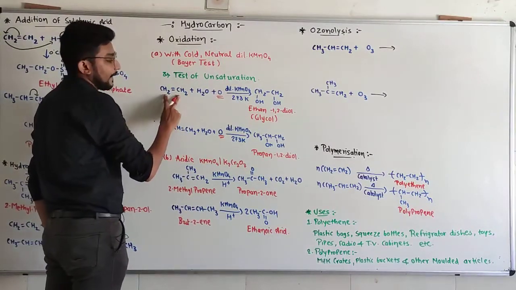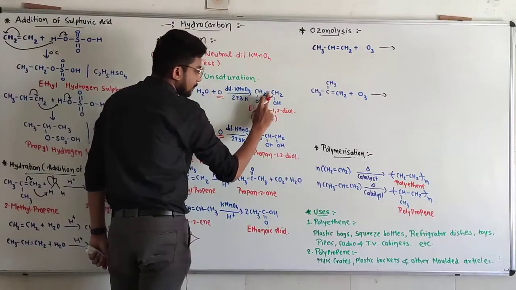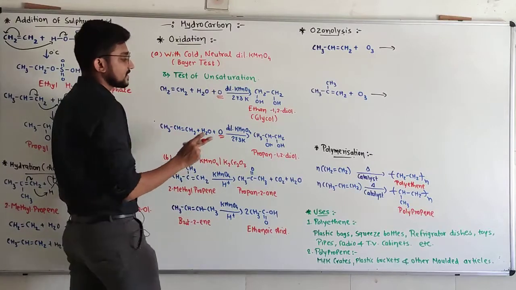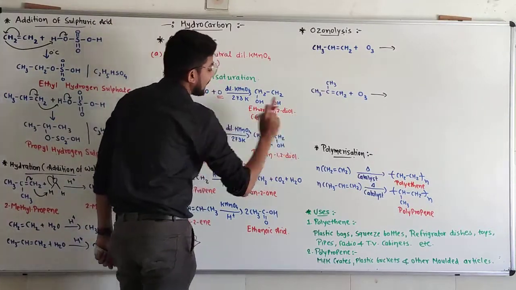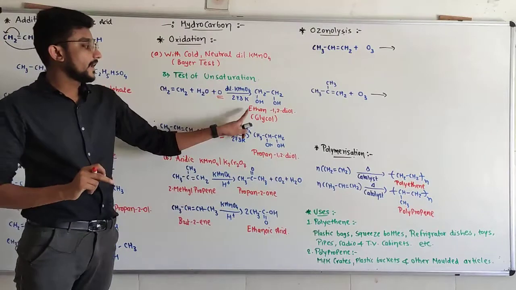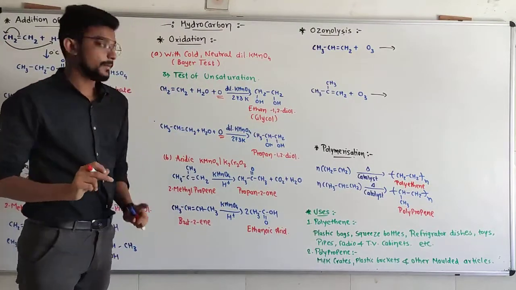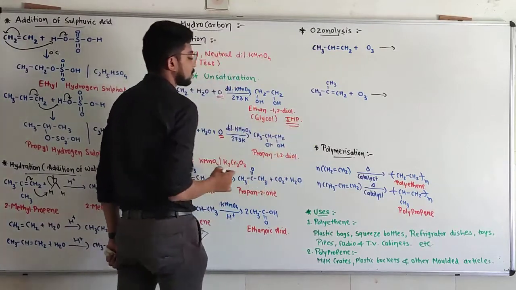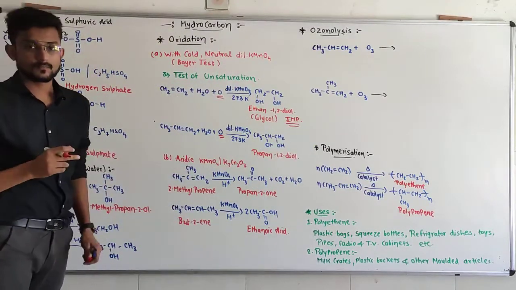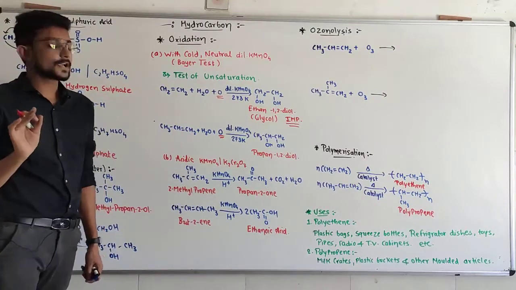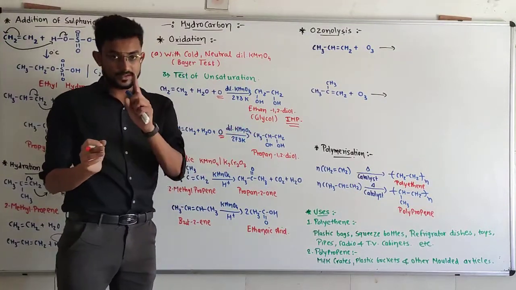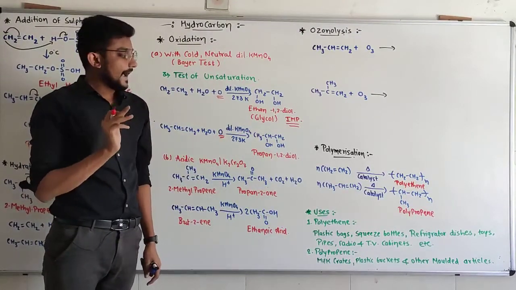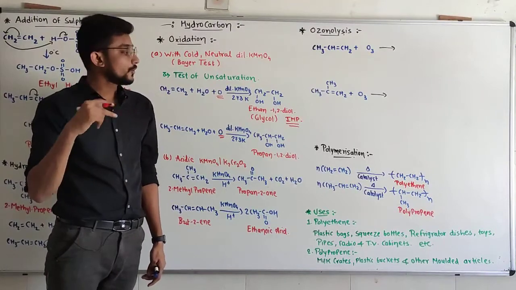So if we have ethene, the pi bond is broken and both carbons have one OH. That's why it is known as ethane-1,2-diol. Remember the common name, it is most timely for you. Ethane-1,2-diol is also known as glycol. Remember the common name of ethane-1,2-diol, glycol. It is important for a 1 mark question of your exam purpose.